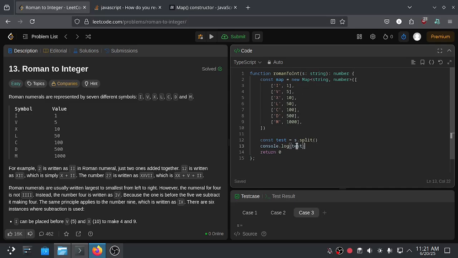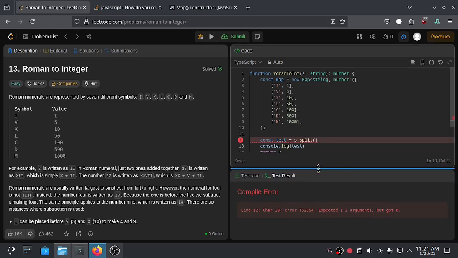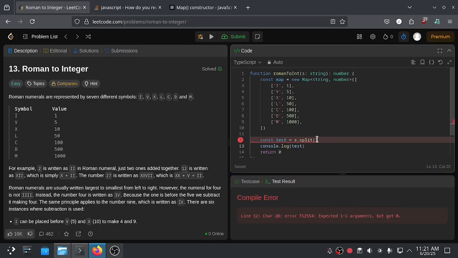We need to get a better idea of what we are working with here. So let's run this to see the console content. Expected one argument. Yeah, the split needs an empty string to determine where to split into an array.